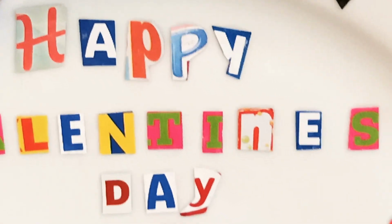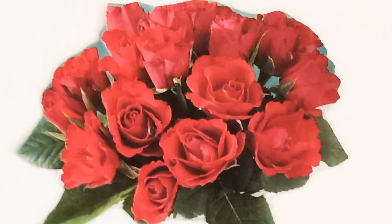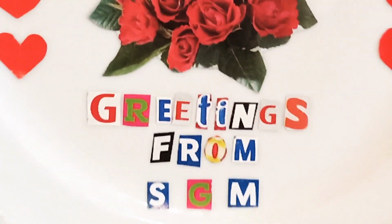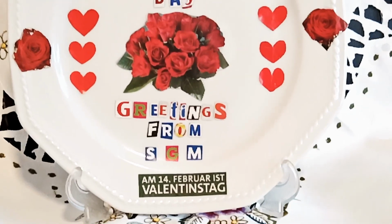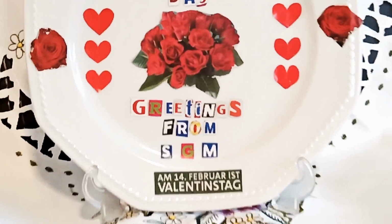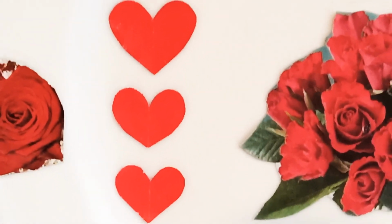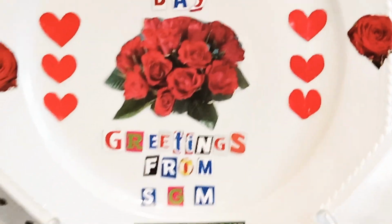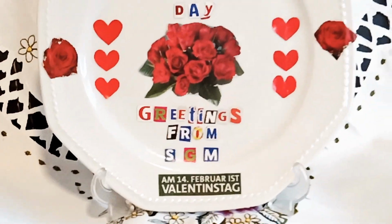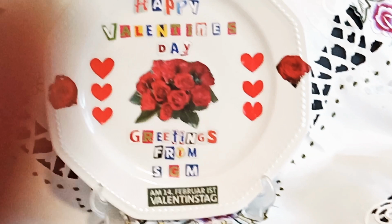I cut out these letterings from the magazine and also fixed a bunch of roses, because it's love day, it's Valentine's Day, so red stands for Valentine's. And here I cut out some heart shapes, three pieces from both sides, and it adds beauty to this table